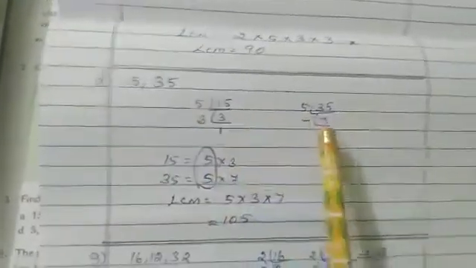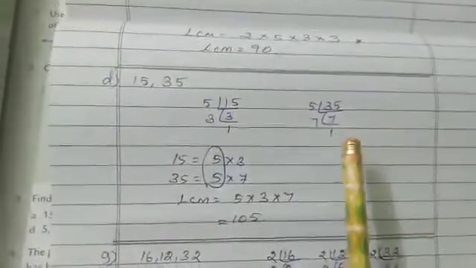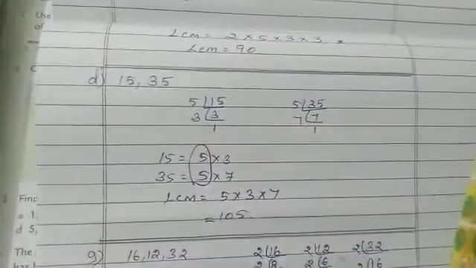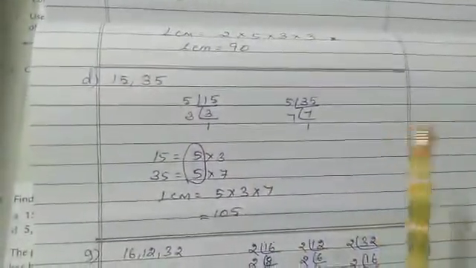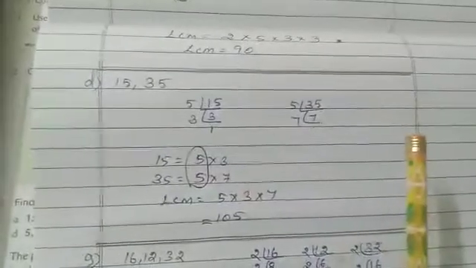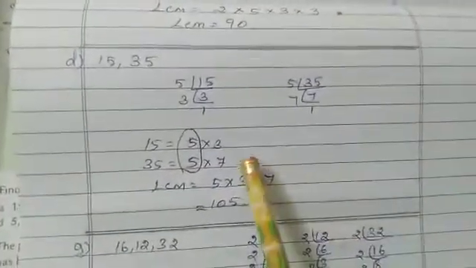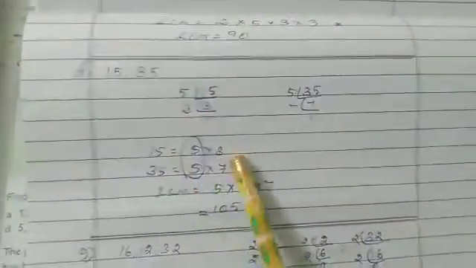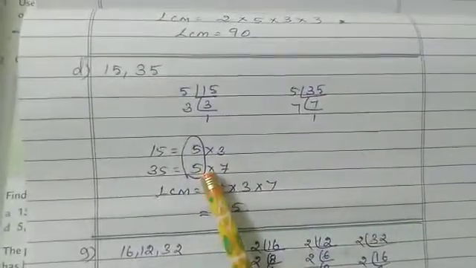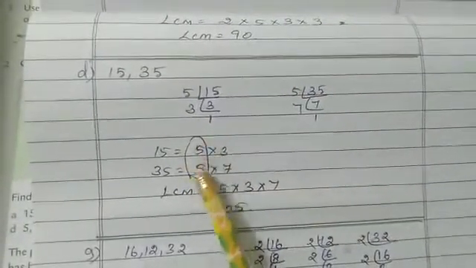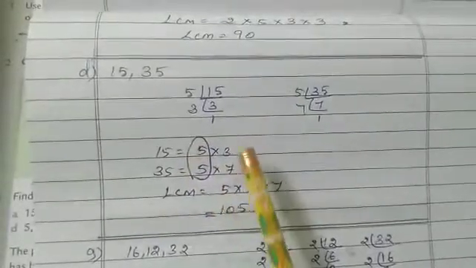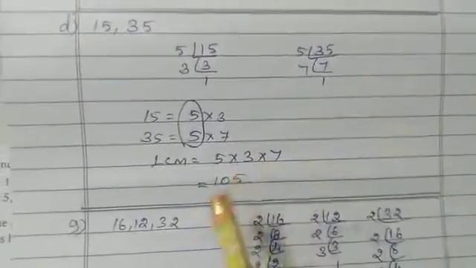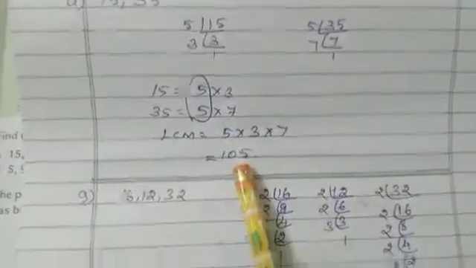When you're taking the LCM, you should use only prime numbers. You know what the prime numbers are? 2, 3, 5, 7, 11. You just think among these numbers. Almost always you'll get the answer among these numbers. No need to think about 2-digit numbers at all. Okay, let's see. For 15, what are the factors? 5 multiplied by 3. For 35, 5 multiplied by 7. So see here, 5 is the only pairing, that is the only common factor. Then 3 and 7 are uncommon. So write the common and uncommon factors. Then you just multiply. You will get the answer, that is 105.